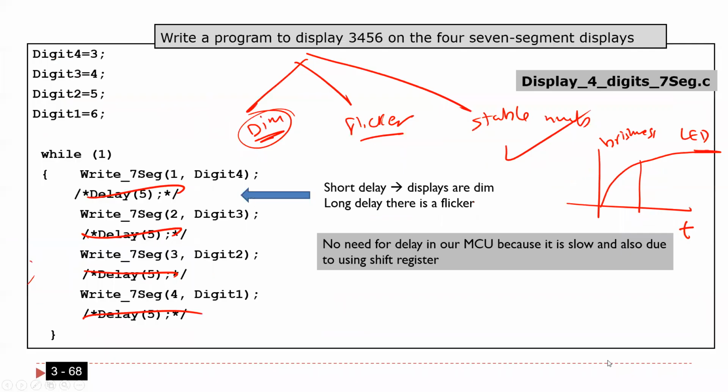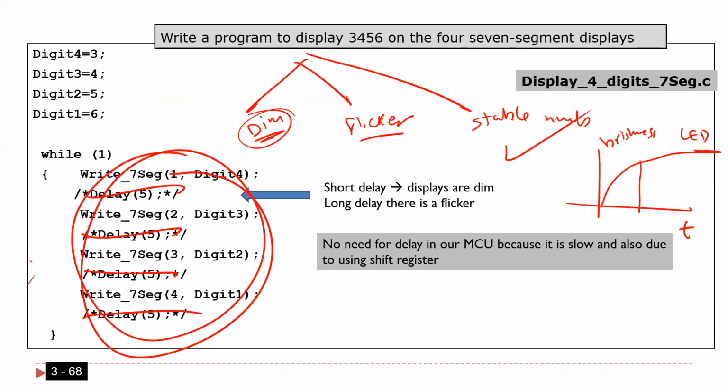Okay, guys. So now, as you see here, what I did is the time multiplexing inside the main program. I told you I can do the same thing using the timer. So that's what I'm going to teach next time. I'm going to move the time multiplexing to the timer. Why? Because, as I told you before, the timer here actually